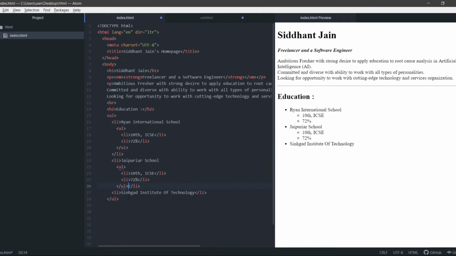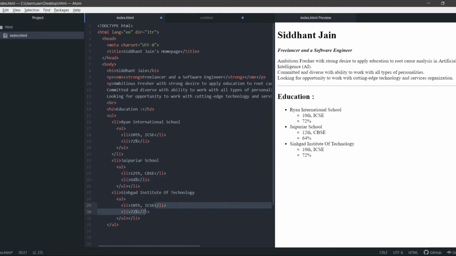Now you can see I'll just have to make a few changes. Here I did 12th, CBSE, I scored awfully low, that is 64%. Now the next thing is where I did my degree from.